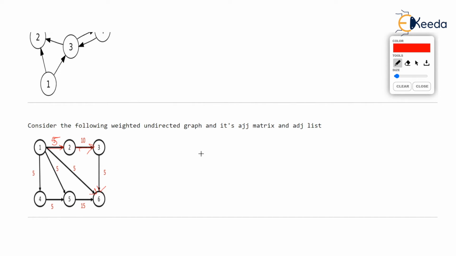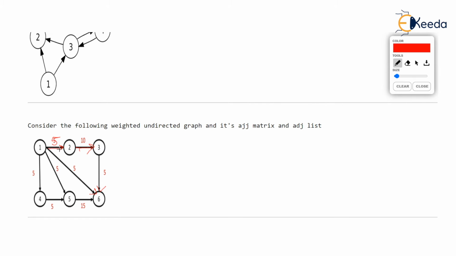Now, what is this weight exactly? This weight many times is the distance between the two vertices. Like we may say typically, the distance between the first vertex and the second vertex is 5, or the distance between the first vertex and the sixth vertex is 5. Most of the times this is distance, but as we go further, I will tell you that these weights can be the amount of current flowing between two components of an electrical circuit, or the pressure between two bodies. Anything it can be. But most of the times we take this weight as a distance.